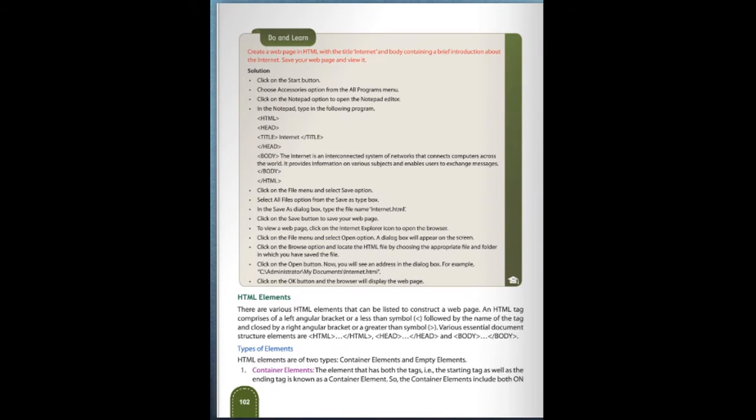The container element is an element that has both the starting tag as well as the ending tag. So the container elements include both the on tag and off tag, meaning the starting tag and the ending tag of the element.